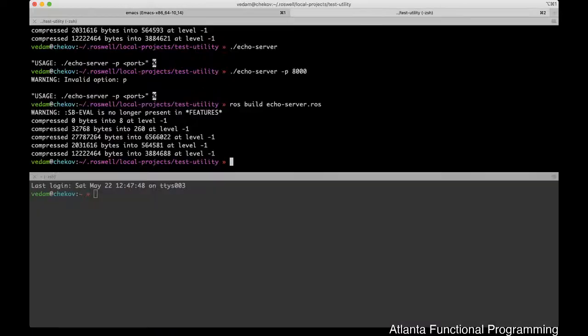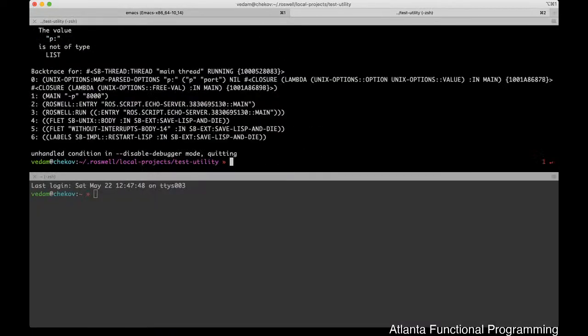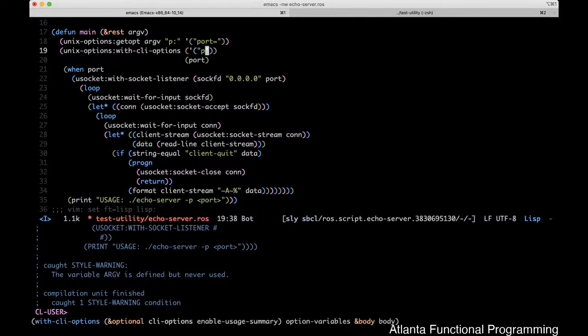Okay, let's see this. And p-value is not a type list. Okay, so this means what I did before of having this P here is correct, but it's not actually grabbing the command line options from the